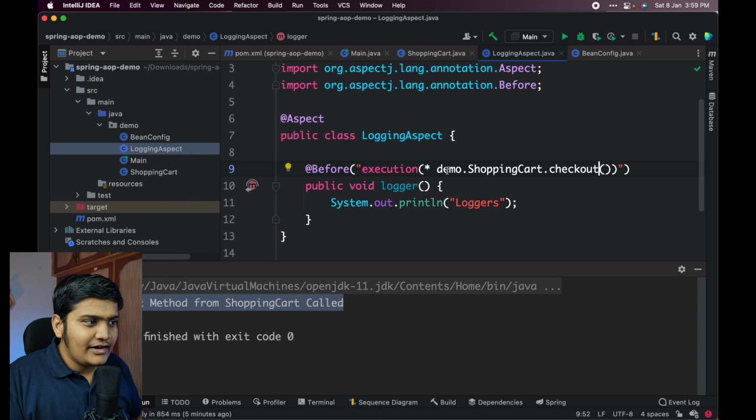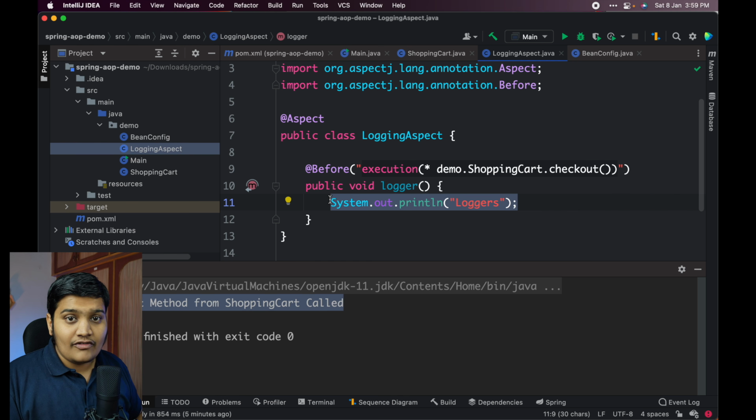I will just define it for any return type, currently it is void, so that's fine. That's why I have written star, and in the demo package, ShoppingCart type, that is the class, there is a checkout method. For this particular checkout method I want to call this logger before calling this method.